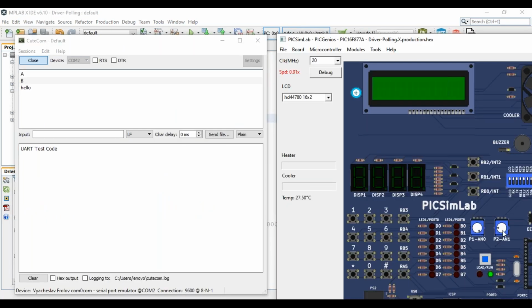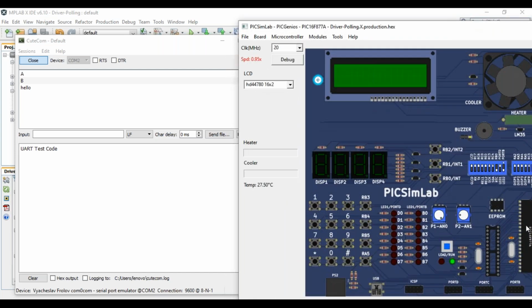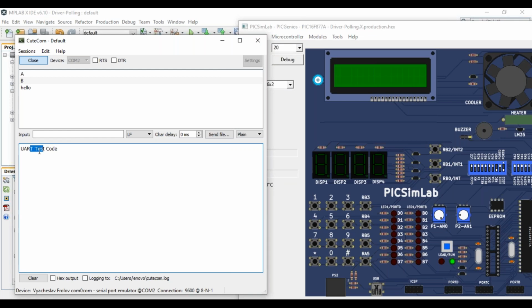So put as, that means the puts function started transmitting character by character. From this microcontroller, it transmitted U, then A, then R, then T, space. So like this, it kept transmitting one after the other. It is received here. So whatever I transmit here as an input, first I'm transmitting character A from the QTCOM